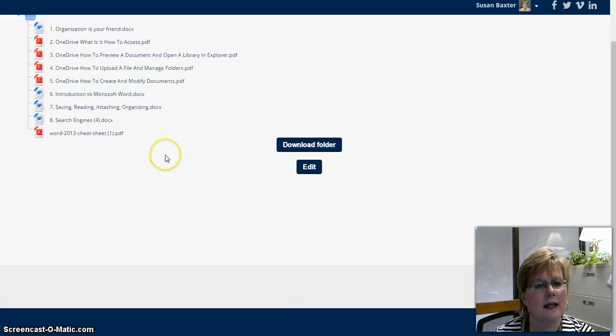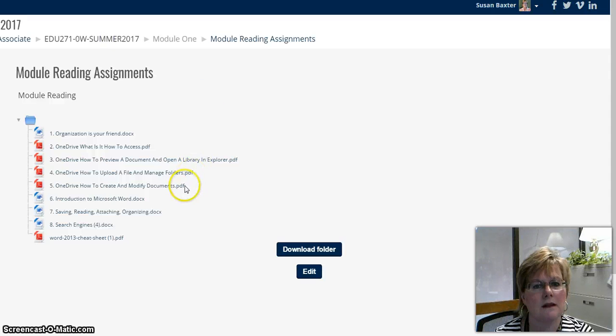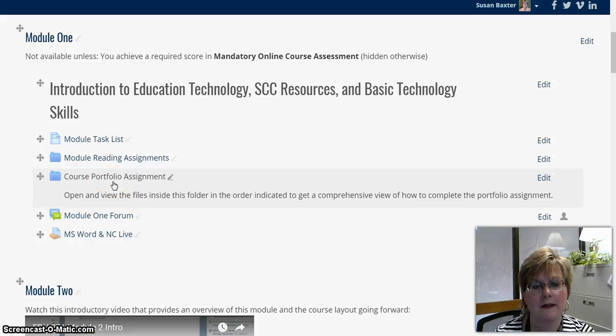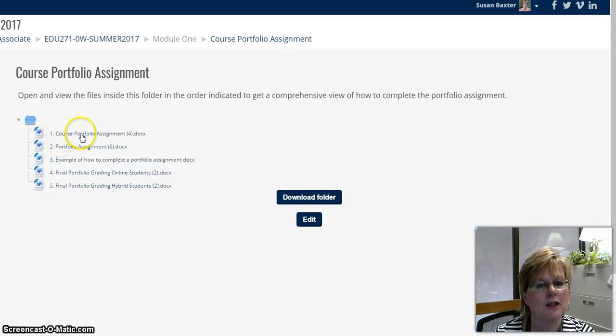Then the next thing in the course is the course portfolio assignment. So when you click on here, there is a document that goes over the assignment. There's a video link in there that explains how to do the assignment as well. There's the actual portfolio assignment, an example of how to do one, a grading rubric, and this one would be not for you. I'll remove that in a minute so it's not there to confuse you. It's for the online students is the one that you'll use. So I will have that all ready for you, and you will be able to go through and learn about